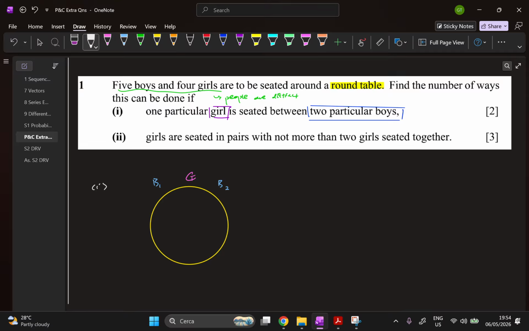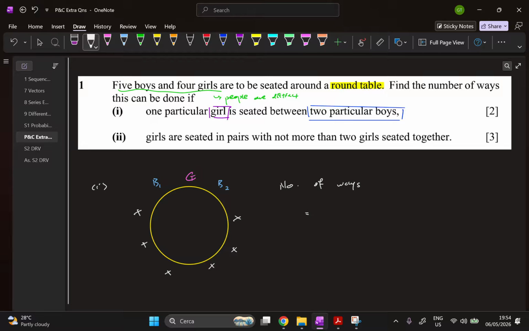So total I have 9 people, right? So 3 seats are taken. How many more seats do I have? 1, 2, 3, 4, 5, 6. So these seats marked with an X can be occupied by anybody. Okay? So the number of ways to permute these, first, remember,